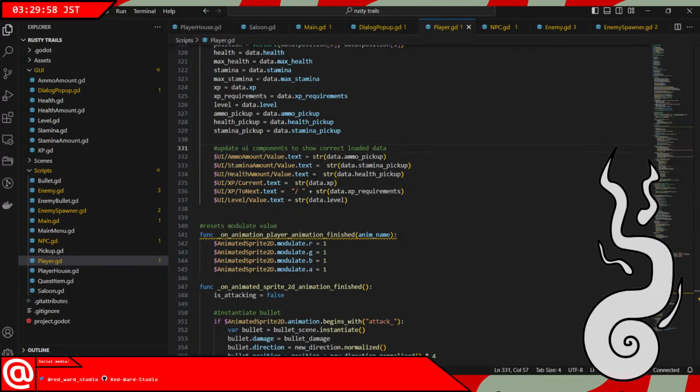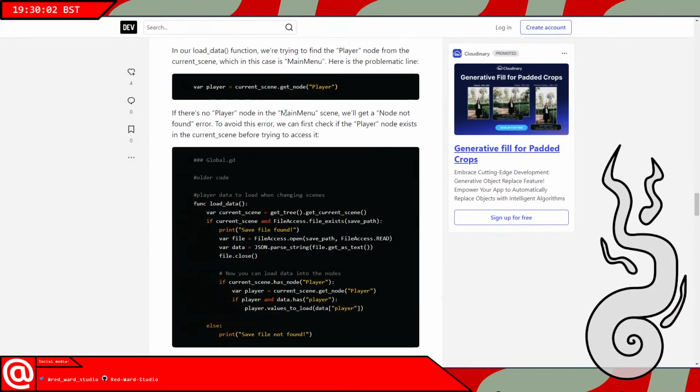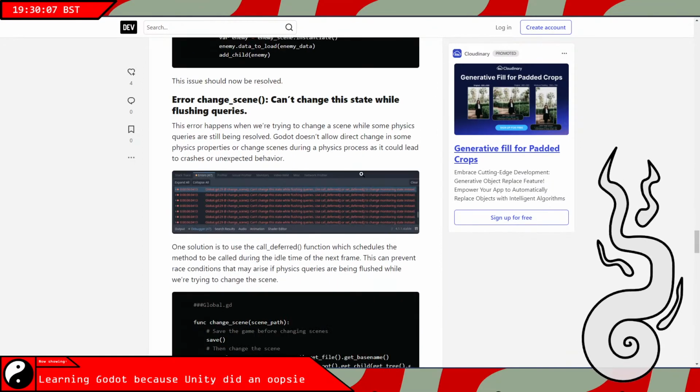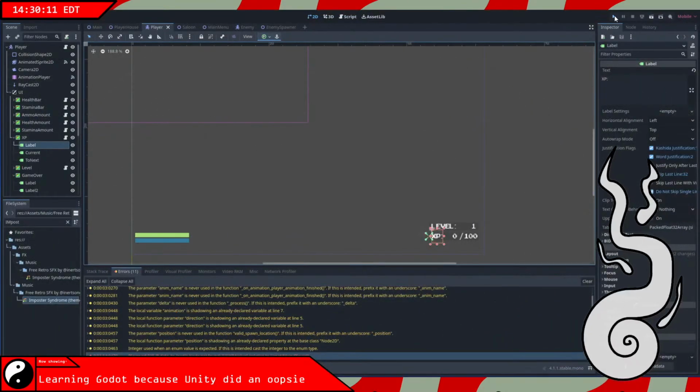Error condition, node not found, player relative to root main menu. No. Timer was not added to scene. Can't change the statement publishing query. Actually, let's play it. Let's actually play the damn thing and